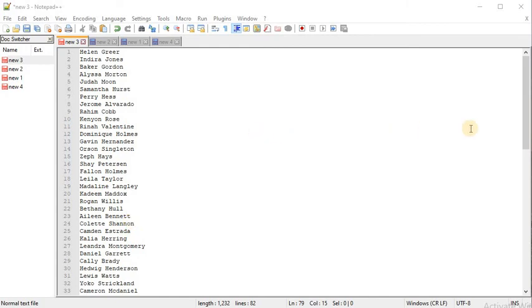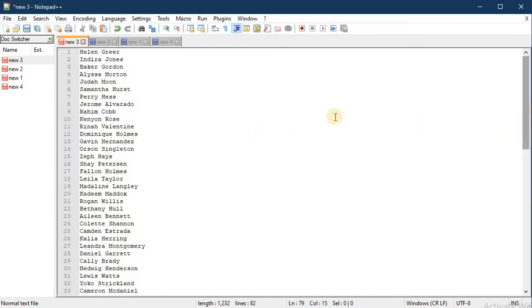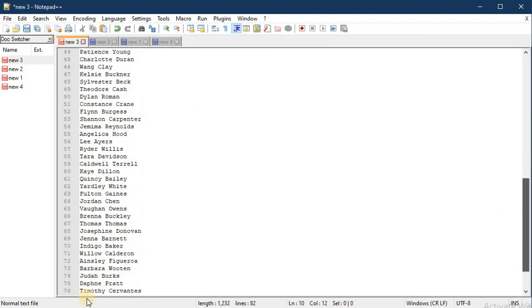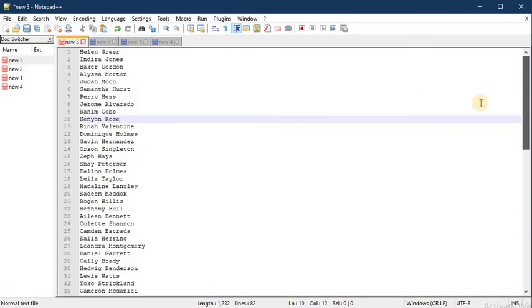Coming to the first trick, here I have sample data, and I want to know how many rows and how many words there are. Rows you can see from this summary, but if you want the number of words, there is no such option available here.